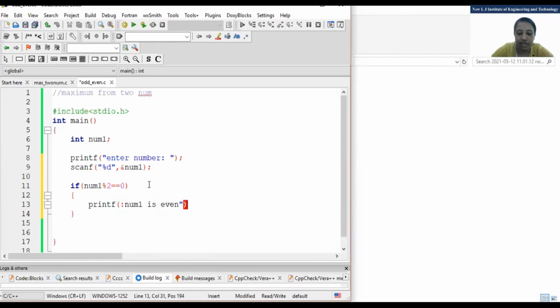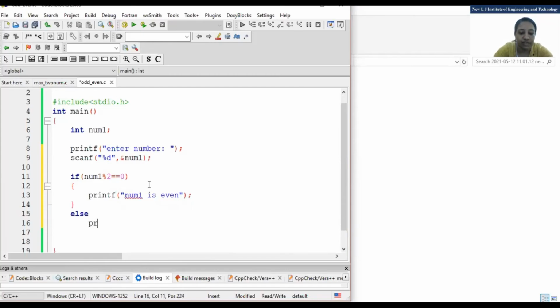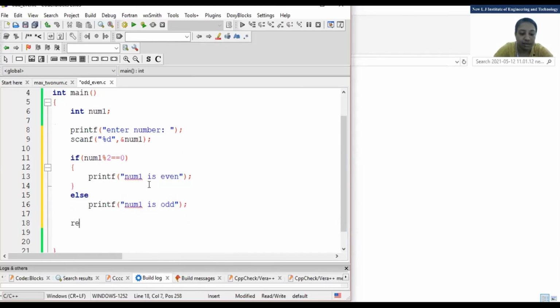Otherwise, I'll use an if else statement, so I write else. Now remember, if there is only one statement within the if, no need to write the curly bracket. It is optional. So I'm not writing curly brackets in the else part either. Fine. Return 0. Any doubt? Again repeating, if the number of statements in either if or else is only one, no need to use curly brackets, that is okay.